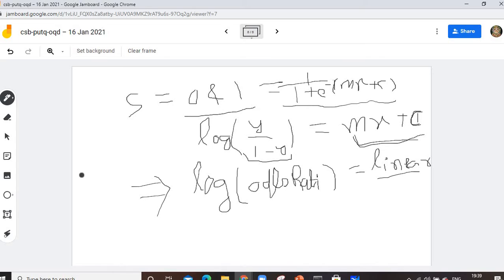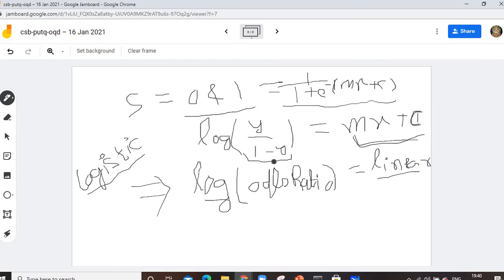Right. So this log of odds ratio leads to linearity. That's why this is named logistic regression. Regression name is already here. Mathematically, I'm just trying to help you understand, so that if anyone asks this, you can rightly give the right answer. Log of odds ratio is equal to linearity. This leads to a linear function mx plus c. Log means logistic, and the linearity is added, so this is called logistic regression.